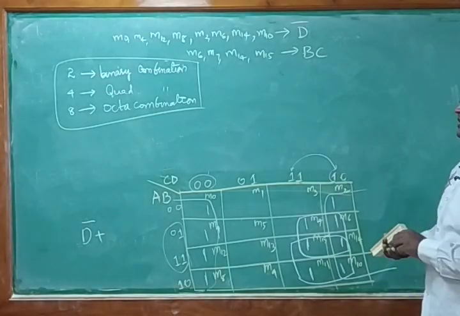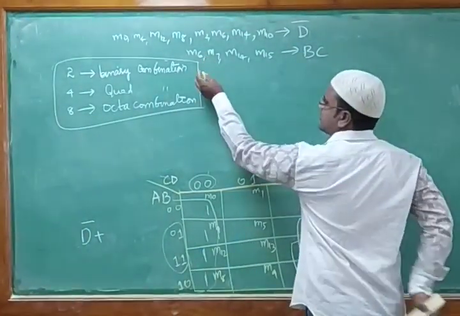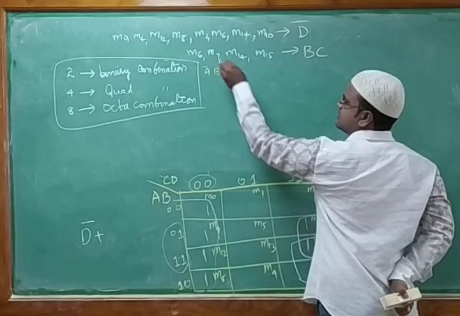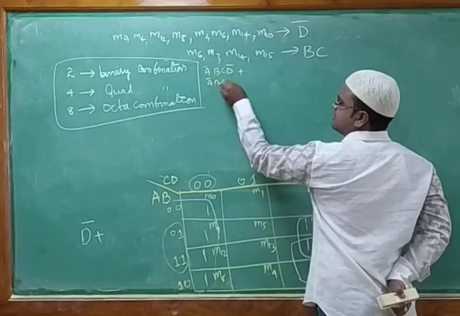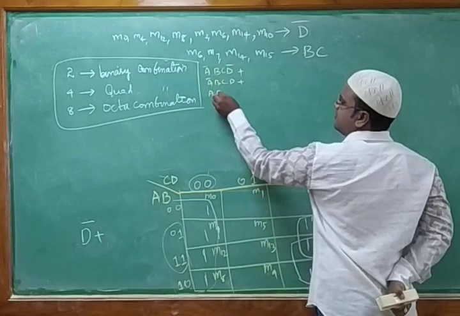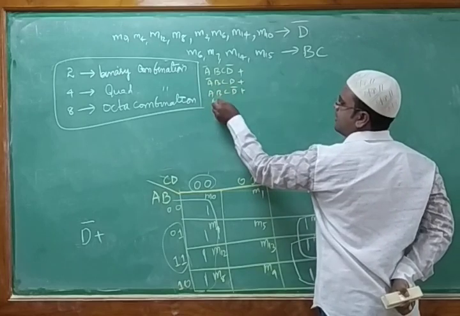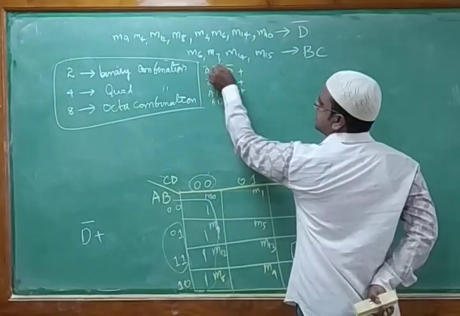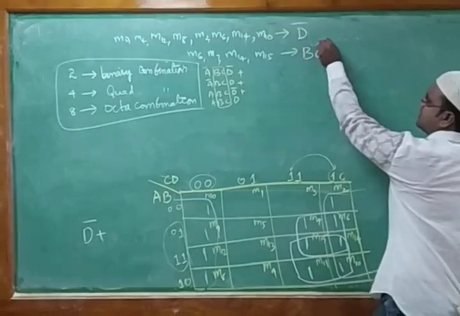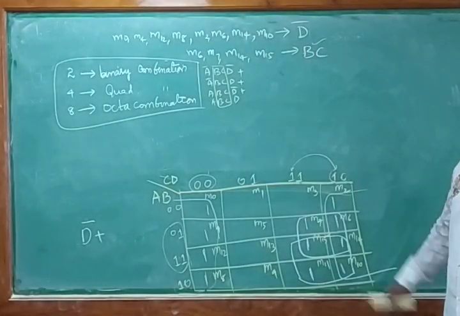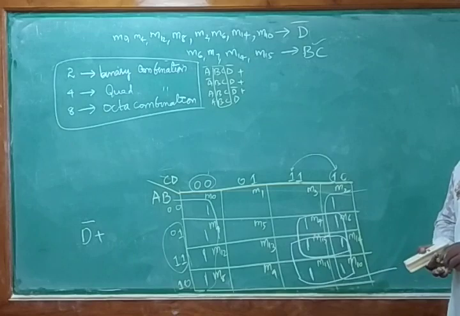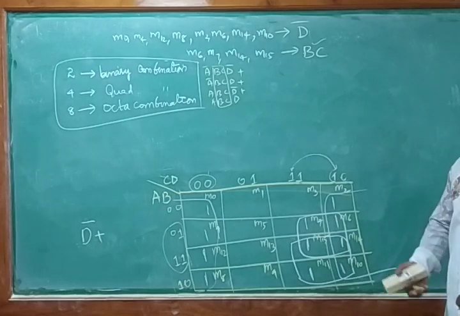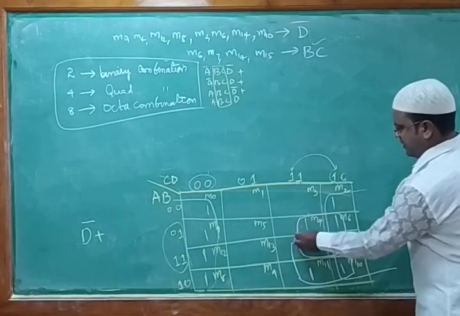In other way, if you didn't understand this way, what is the next way? 6 we can write as A bar, BC, D bar, plus M7 as A bar, BC, D. M14 as A, B, C, D bar. M15 as A, B, C, D. You see this way, what is common in all this? I can take BC as common. As you can see, BC is same. That's the reason it's BC. If you didn't understand this way, you can go for that approach also. But in exam, don't do it. For your explanation, I have shown it that way. So you need to go with the earlier method. I have done with this particular thing.